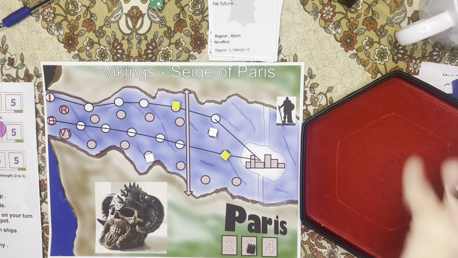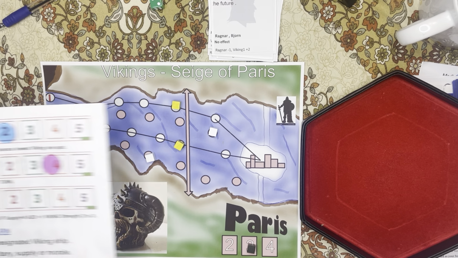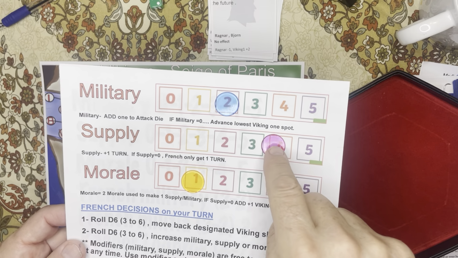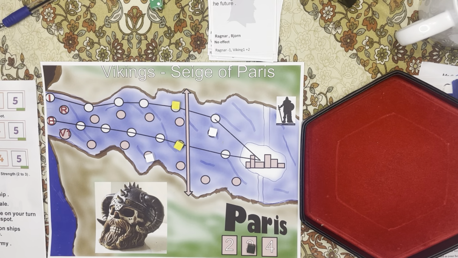But I need to get these 2. So we'll do Bjorn first. And it's a 2, so I don't move him back. We'll try Bjorn again. A 5. I do move him back. I am going to use one of my supply turns. Supply currently is at 4. I'm going to use that. And I think I'm going to use a military